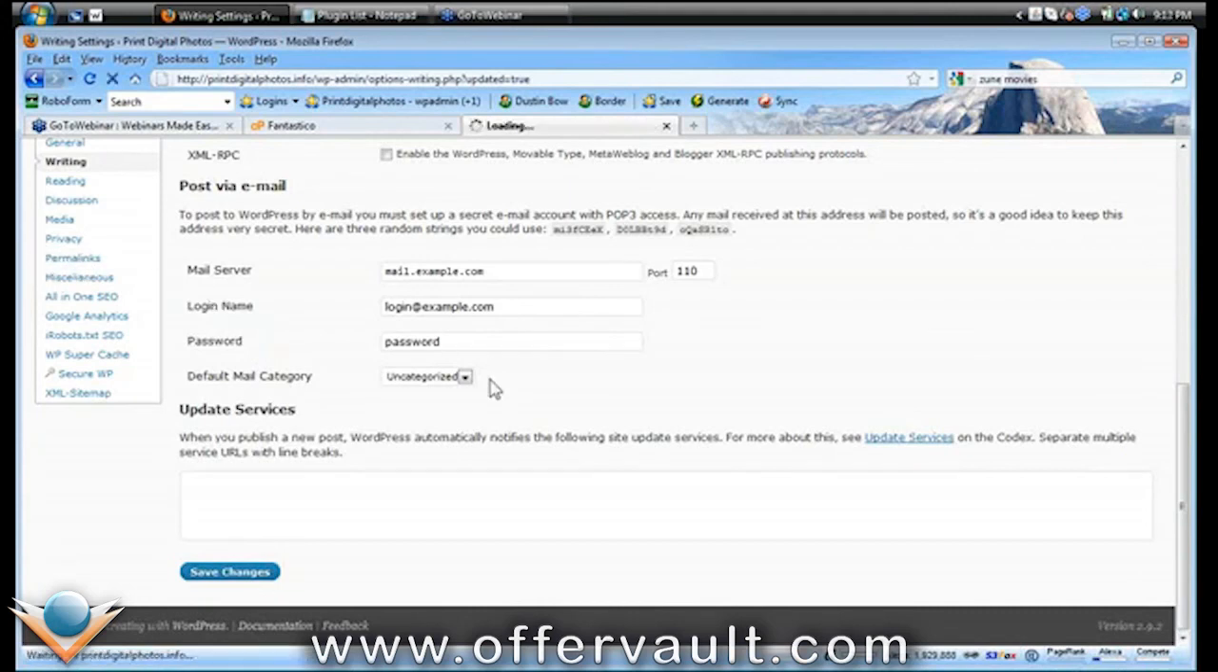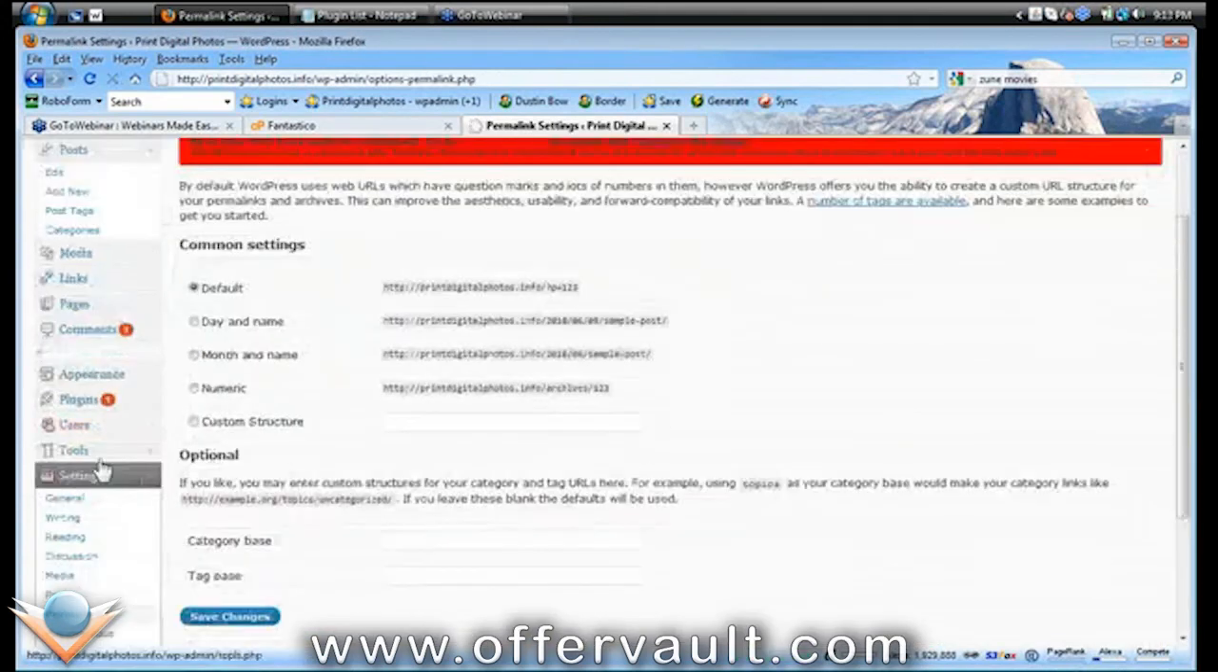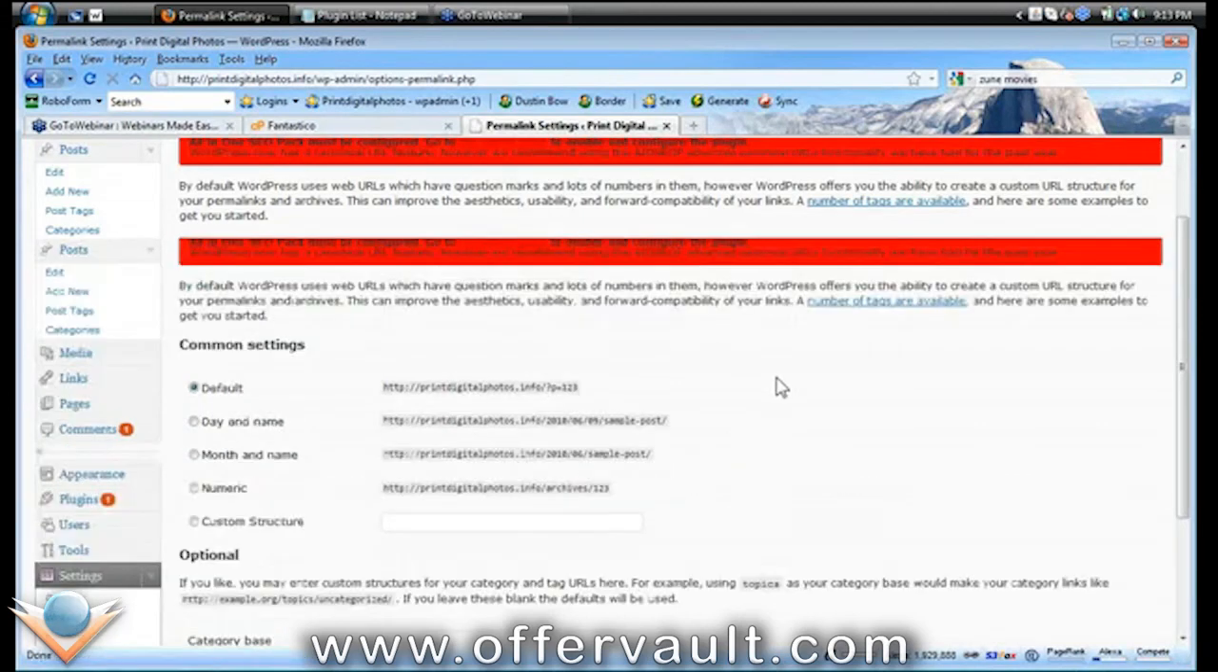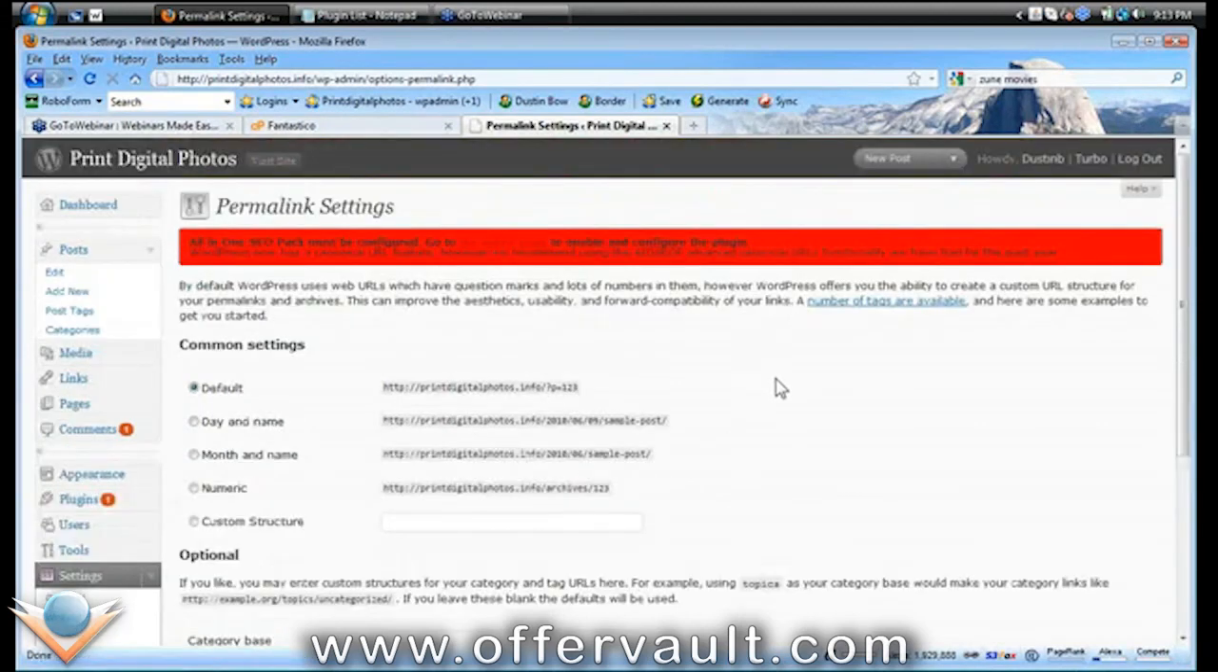Step number two, I immediately go to the Permalinks link underneath settings. Permalinks, click on that, and this is the screen you're going to see. Permalinks are extremely important when it comes to SEO. It's the first step in the SEO